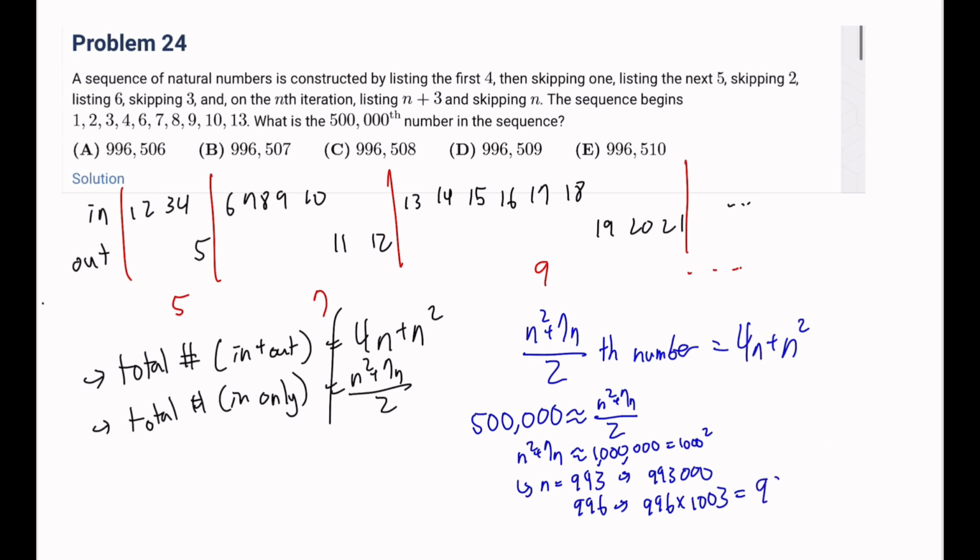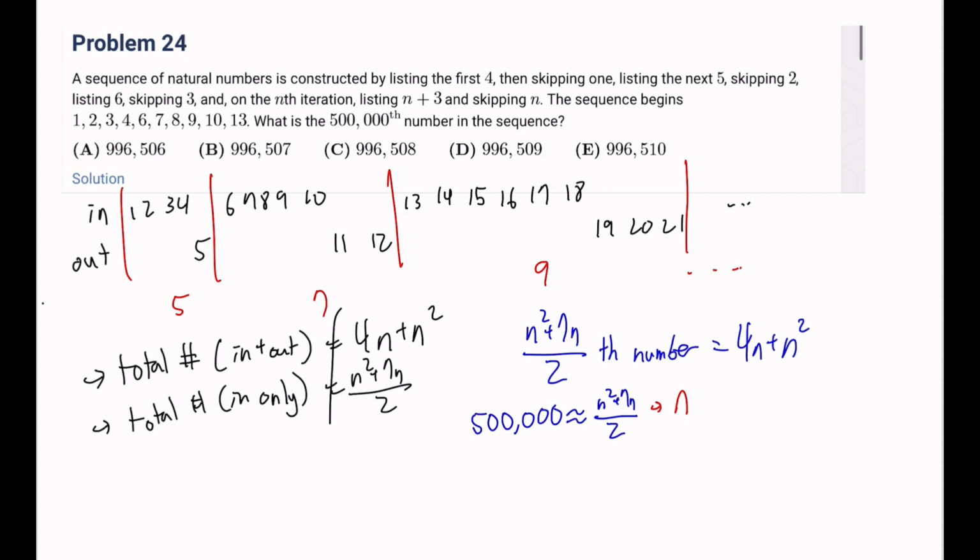That would be 998,988, right? And so that is the closest that we can get to 1 million. And so n would be 996. N equals 996, right? And so that would give us the 4n plus n squared value. And so if we put in, no, actually we need to